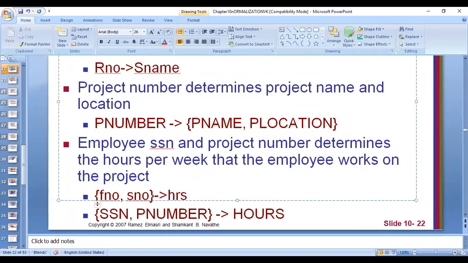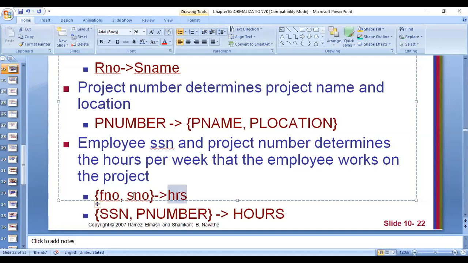Suppose someone asks you, Vaishali madam takes how many hours for 4B? How many hours does Vaishali madam teach? Then the question is not complete. If it is additionally asked, Vaishali madam for DBMS theory, how many hours does she take? So you are told not only the faculty name, but also the subject. When these two pieces of information are given, Vaishali ma'am and DBMS theory, then you can tell the number of hours.